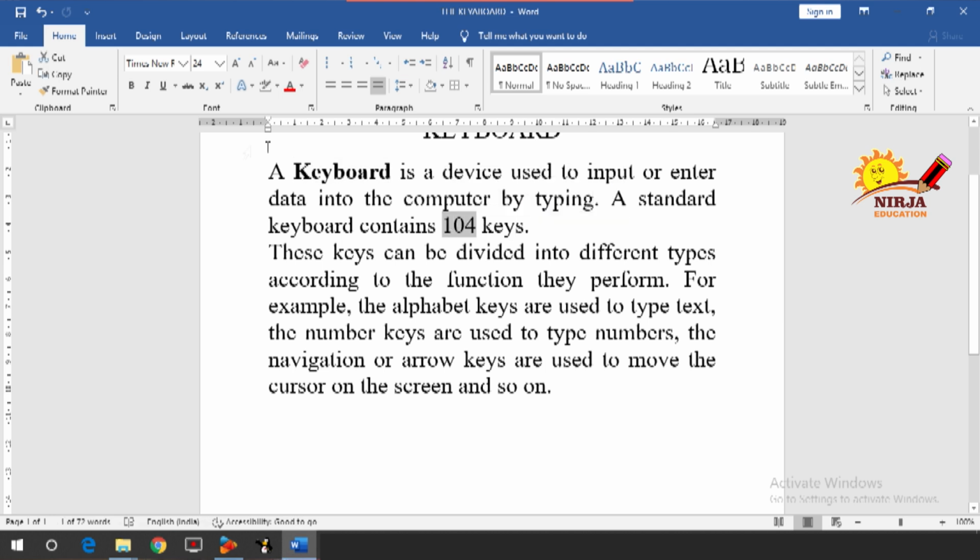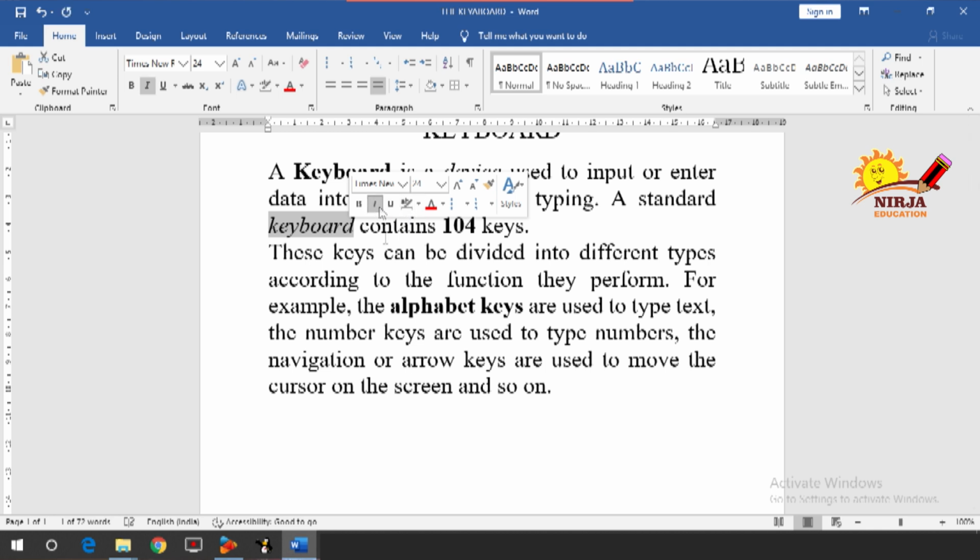Then this also I will keep it bold. And here also alphabet keys I am going to keep it bold. Right? Next formatting I will go for device italic, keyboard italic, and here screen italic.